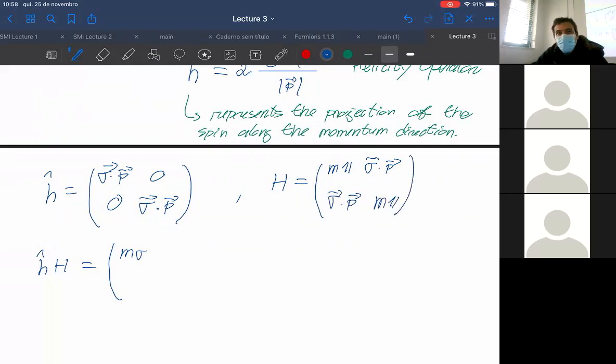Bear in mind that this is all in the Pauli-Dirac representation of the gamma matrices. So M, sigma dot P, M sigma dot P, yes, exactly, P squared, M sigma dot P. So if you multiply these two matrices,